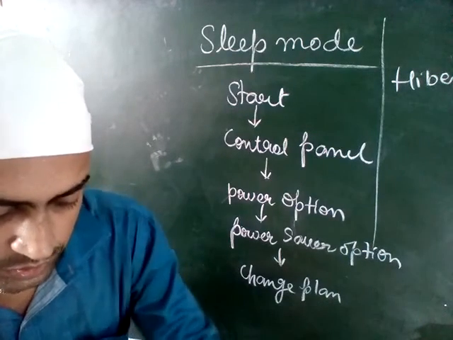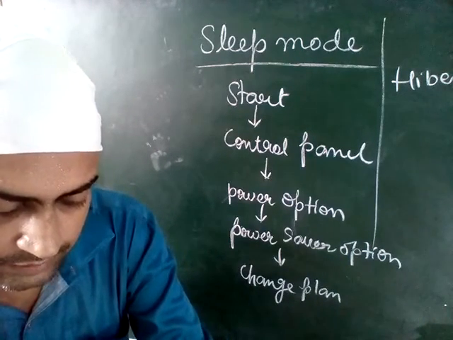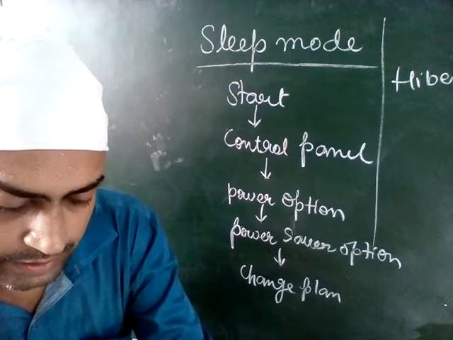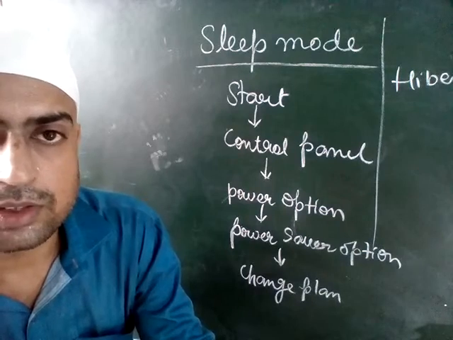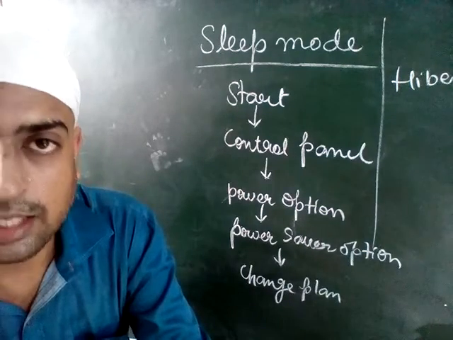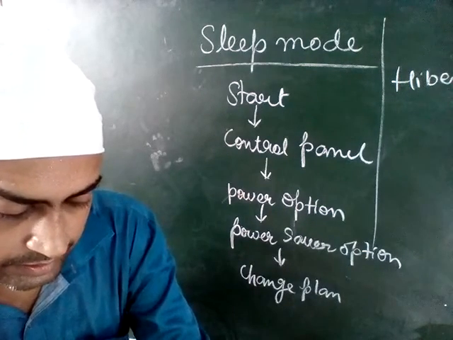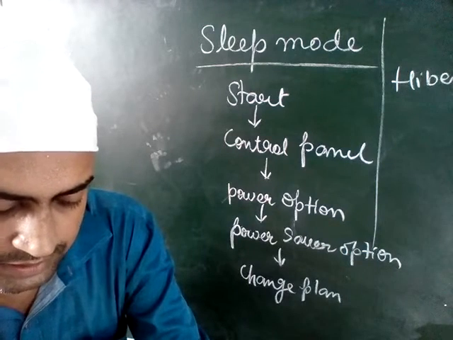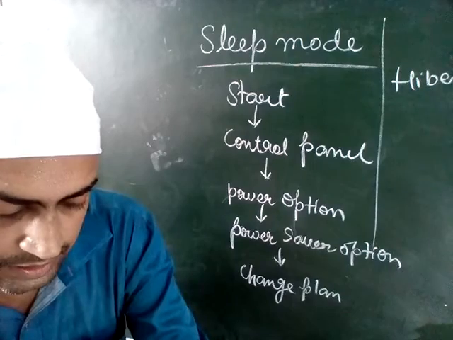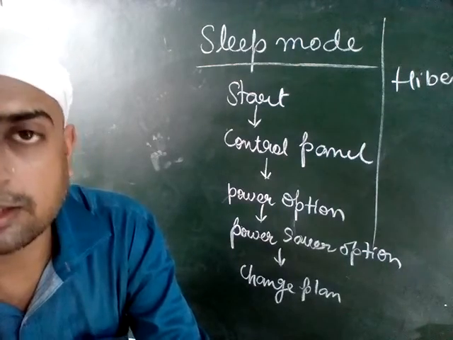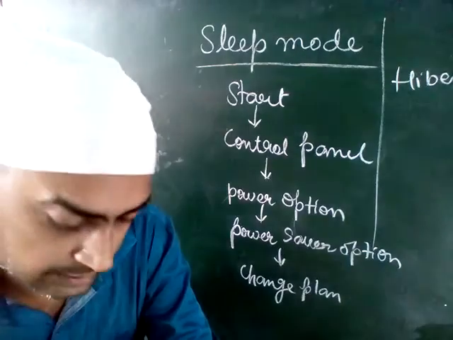Now multiple choice questions. Dash folder in Windows 7 manages documents, music, pictures and other files. Means where will it be stored? This will be stored in the library. Second option, dash is the power saving state that allows a computer to quickly resume full power operation when you start working again. This is called hibernation.